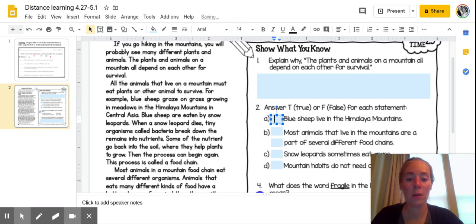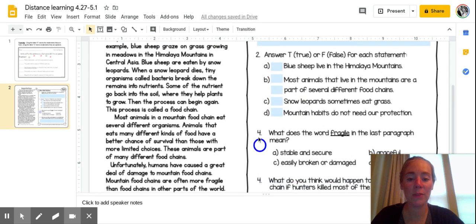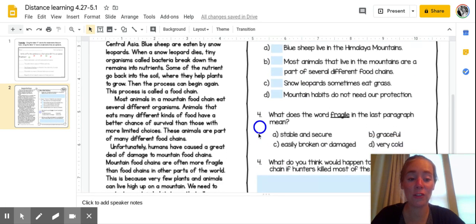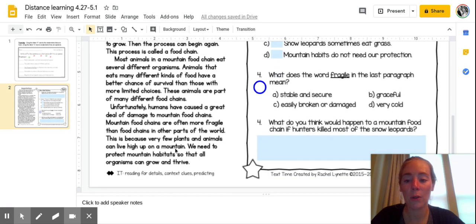Okay. For the next question, whoops, this should say number 3, but it has 2 number 4s. What does the word fragile in the last paragraph mean? So if I were you, I would find the word in the last paragraph. It's right here. I would read the sentence with the word and try to figure out which of these is